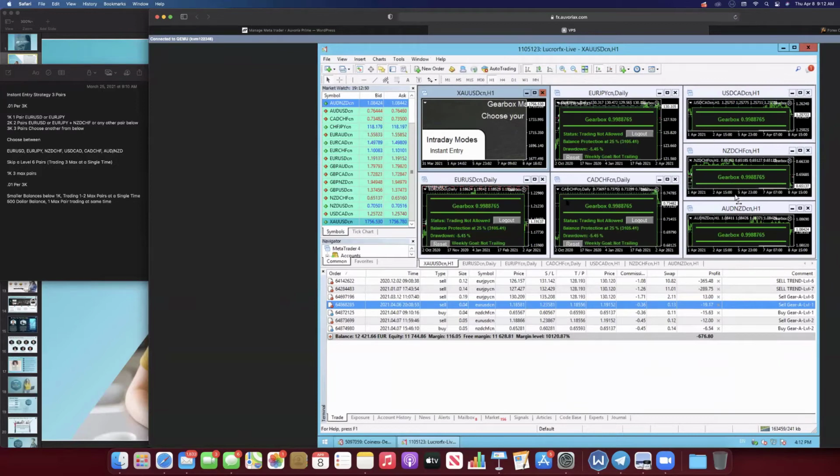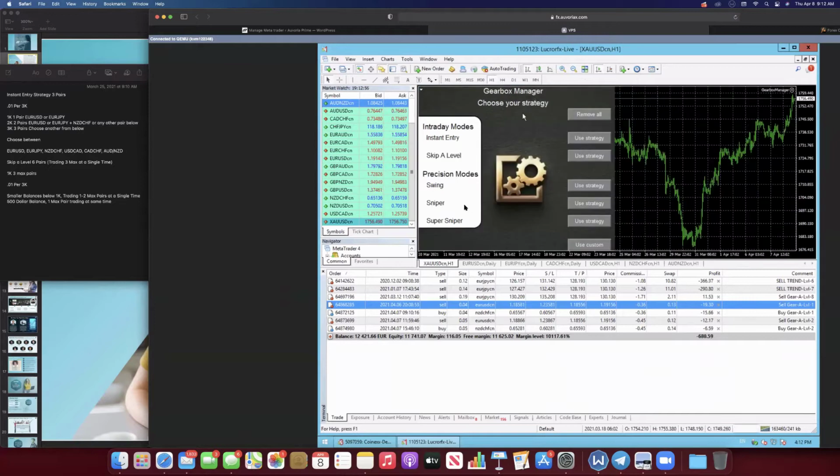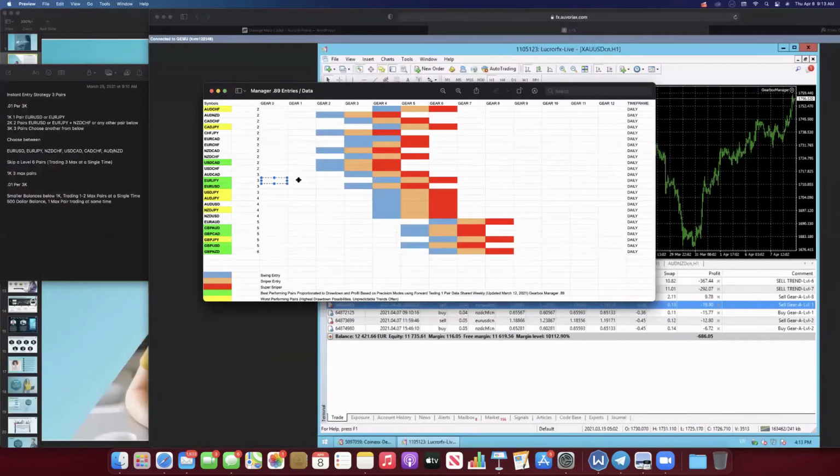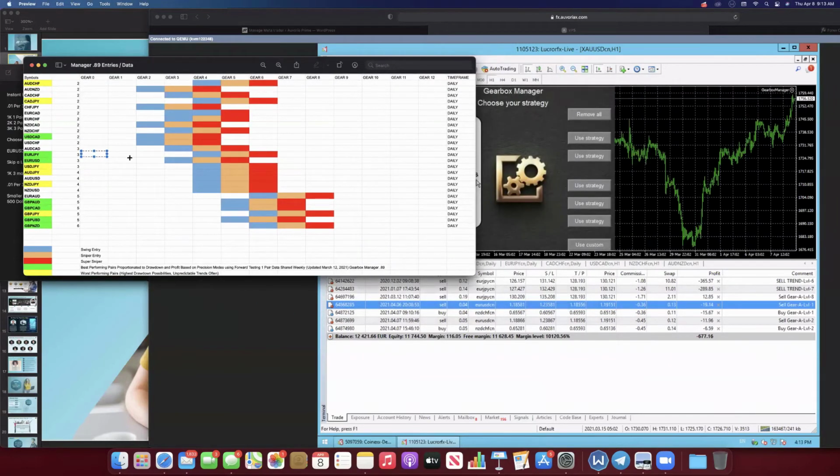So you're getting in more trades, you're getting in trades sooner. But remember, the most accurate modes are always going to be precision modes. Precision modes are always going to be the most accurate, but skip a level can get you in and out of trades, a lot more trades, possibly making more profit, but inherently your risk might be a little bit higher, which is why I tell people intraday modes are going to be for a more hands-on user, somebody who understands the markets, understands Forex a little bit, has had experience with these products or used expert advisors in the past. And through that, they can easily start to apply different strategies.